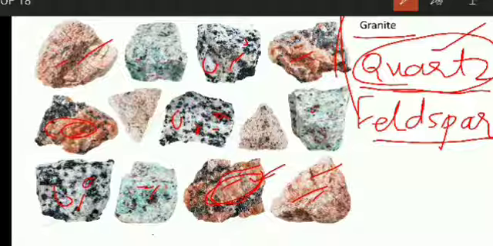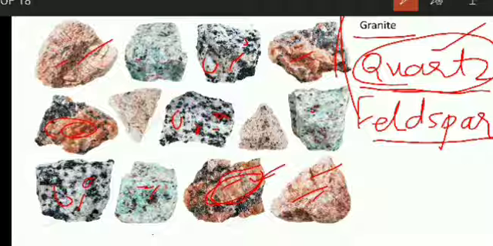Then where can you use the granite? Granite can be used in civil engineering. You can use the granite for construction of buildings, monuments. Then you can use it as a decorative stone, road metals, concrete aggregates, pillars, slabs. Even granite is used in grinding wheels. Then for facing works, tabletops, kitchen tops, rail ballast. Then you can even use it as a foundation stone. So there are n number of uses of this rock because it is a very hard and strong rock.